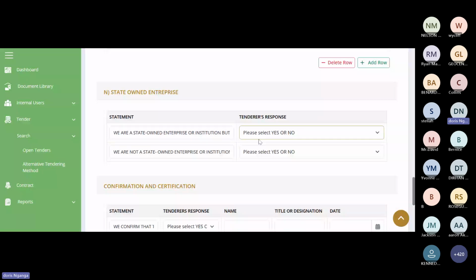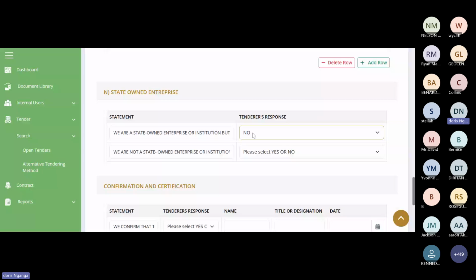This supplier is not controlled by any state. This is a private company. But if anyone here is logged in and you work for, let's say, Kenya Airways or Kenya School of Government, those are state institutions. So for them, they'll say yes. But in my instance, I'm a private company, so my response will be no.